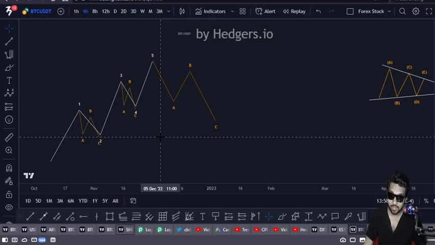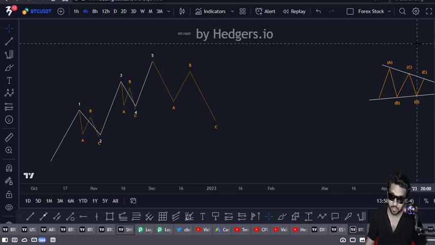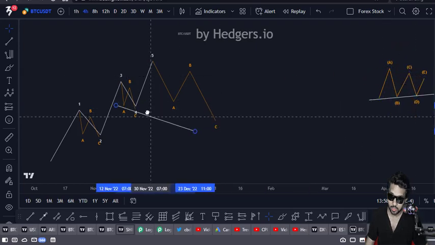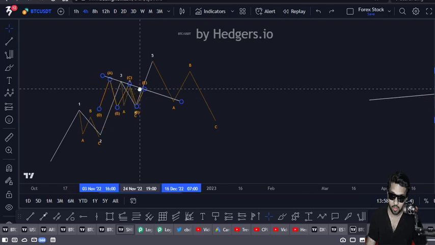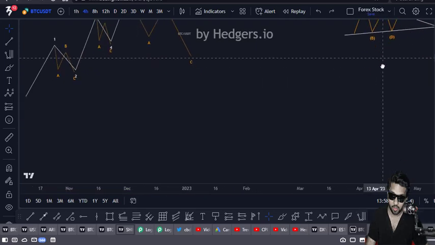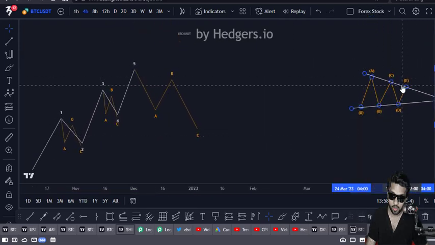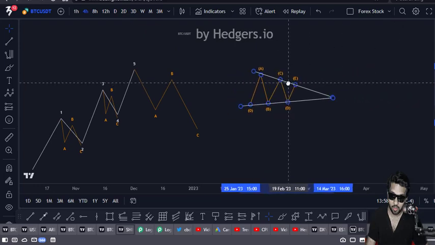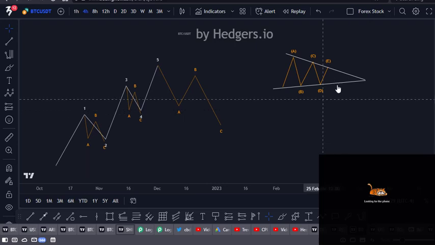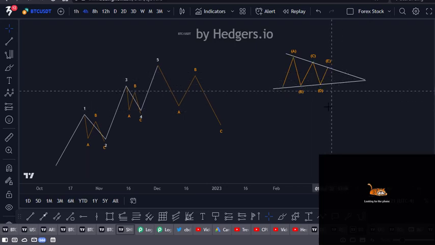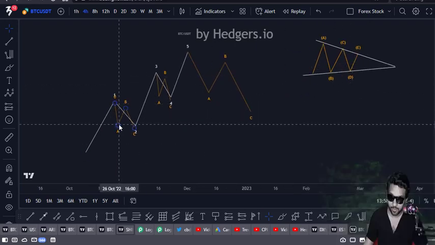Okay, it can consist of a triangle like you see here. The triangle wave is pretty easy to understand in terms of corrective waves. I'm gonna explain this later on. So right now, let's just